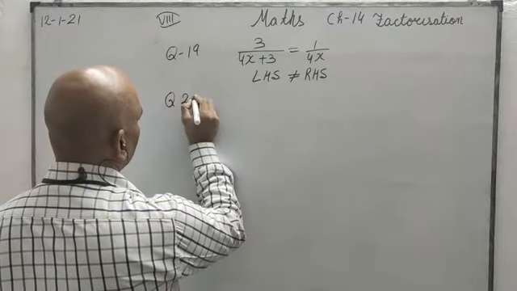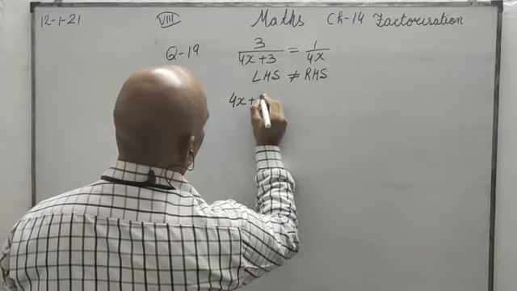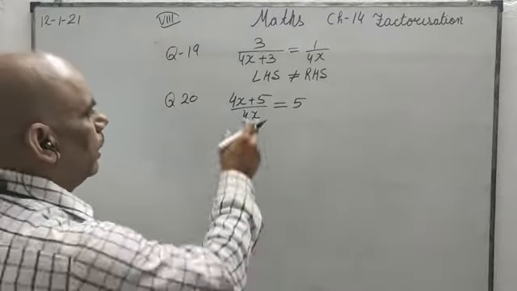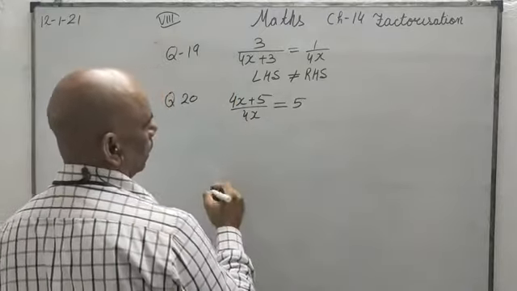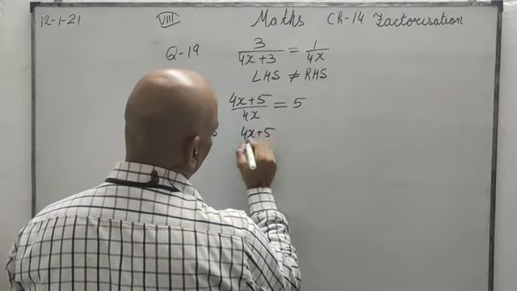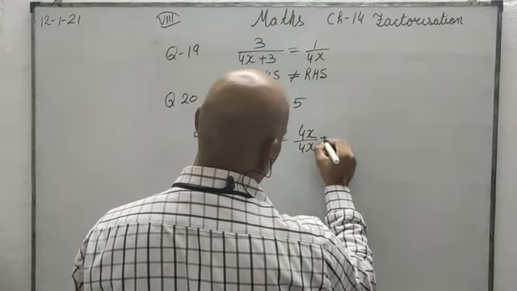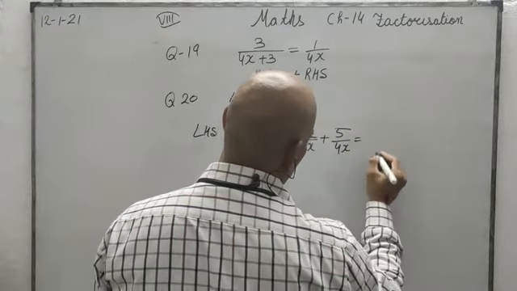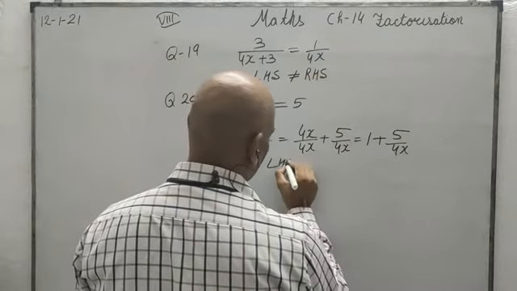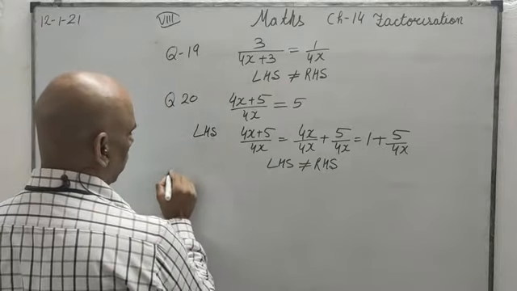Now question number 20, हाँ क्वेश्चन नंबर 20 में फिर से वही दोनों के साथ अलग अलग डिवाइड, 4x + 5 upon 4x can not be equals to 5, 5 के इक्वल नहीं होगा, क्यों, ऐसा थोड़ी 4x से 4x कैंसिल हो जाएगा तो the answer will be 5, so that is wrong. What is possible, 4x + 5 में 4x दोनों के साथ डिवाइड, it is possible like this, 4x upon 4x plus 5 upon 4x, what we got, 1 plus 5 upon 4x, and hence LHS is not equals to RHS. This is question number 20.